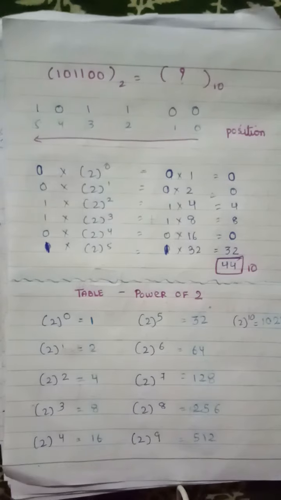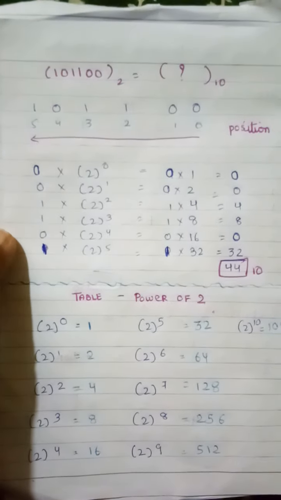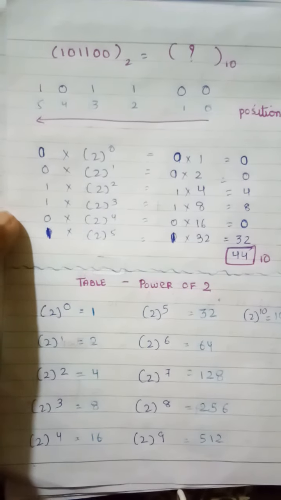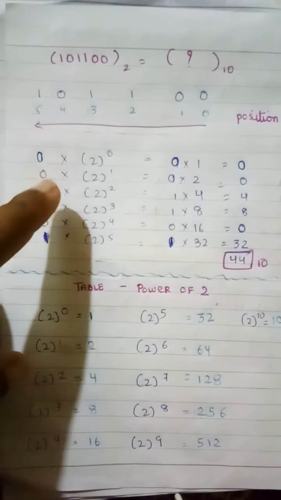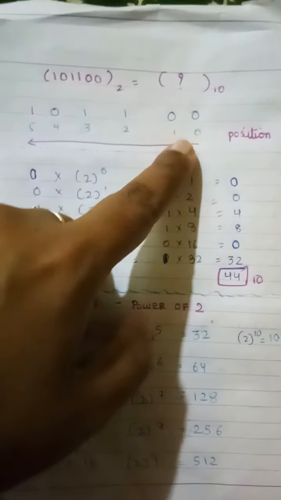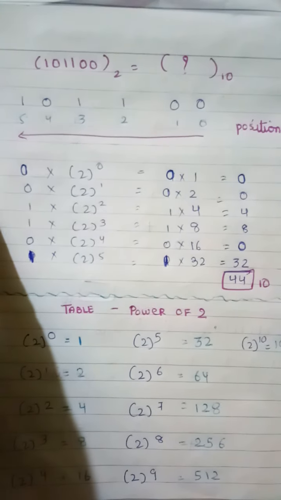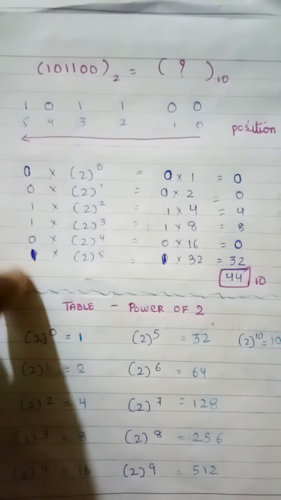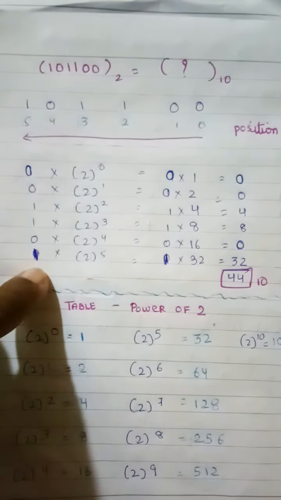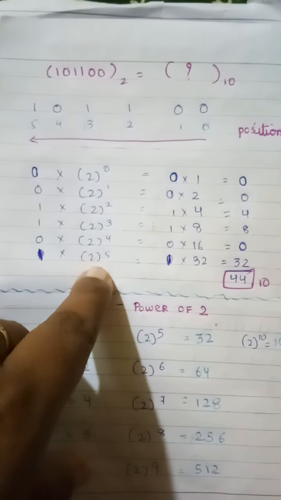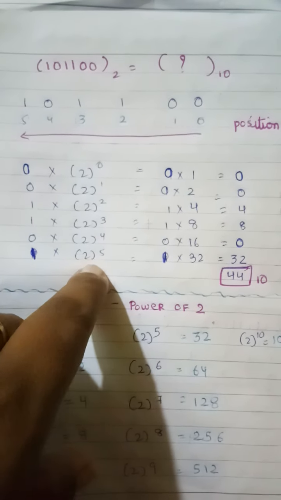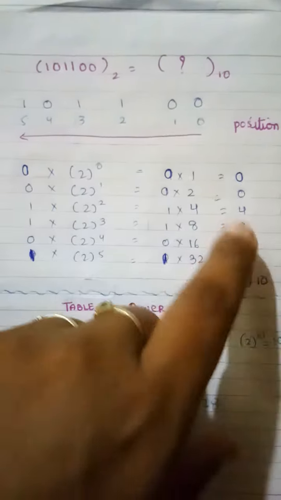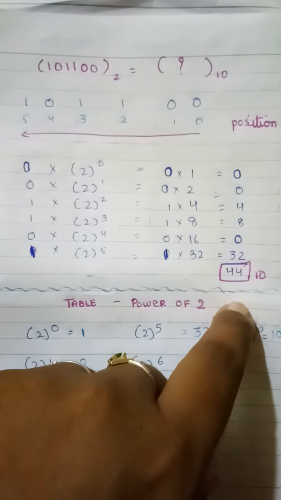Now here you can see the third sum in the same way. The third sum we had done for 44, and the same sum I have done here. I have written the digits of the sum, then given the positions in the backward direction, and multiplied with the powers of 2. Then here you get the answer as 44.